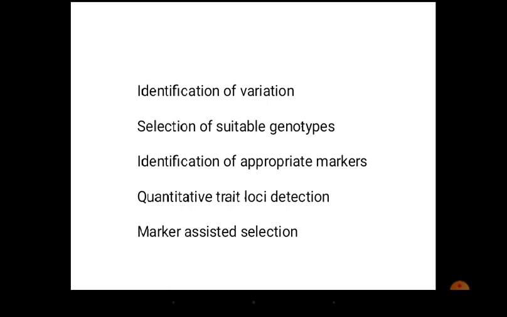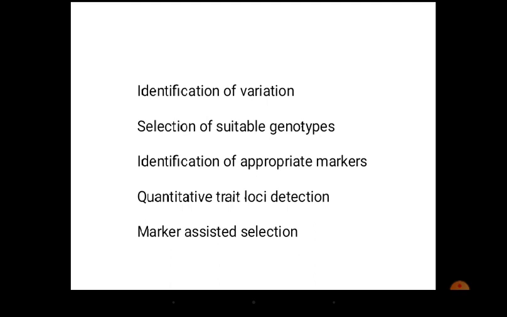Through biotechnological interventions, by studying a larger population and gene level data in a large number of loci, we can identify a QTL, abbreviated as QTL. If you have the QTL information for a particular population, the accuracy of selection goes up and the generation interval can be reduced. Naturally, when the generation interval is reduced, there will be more improvement.